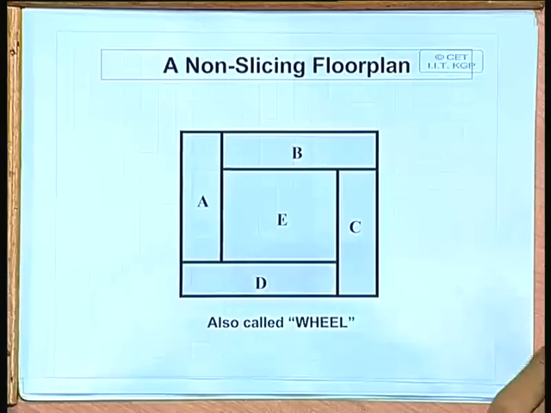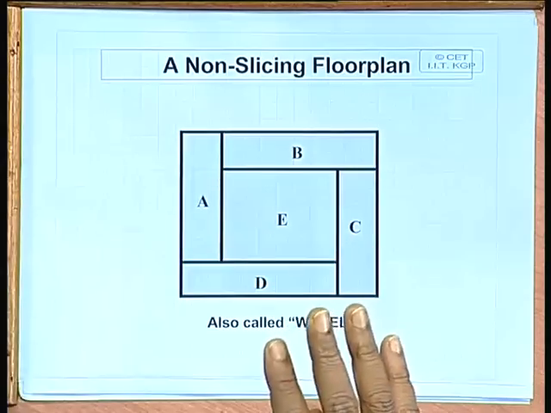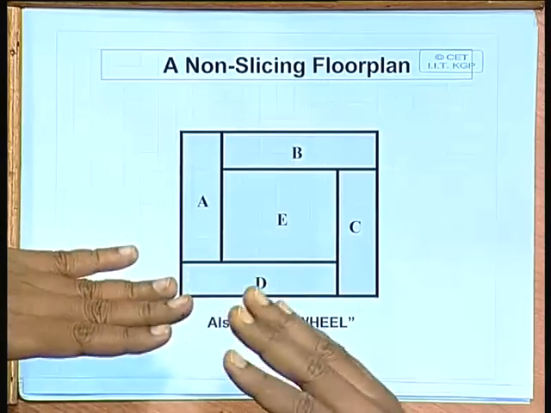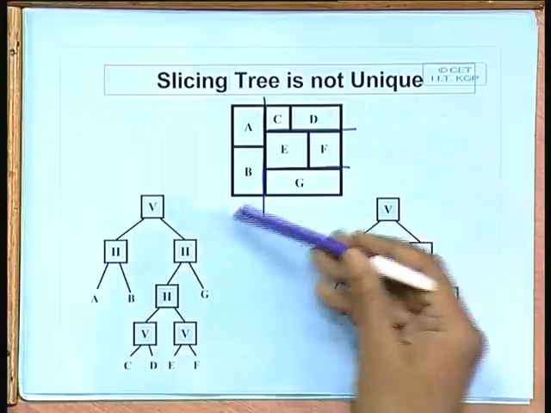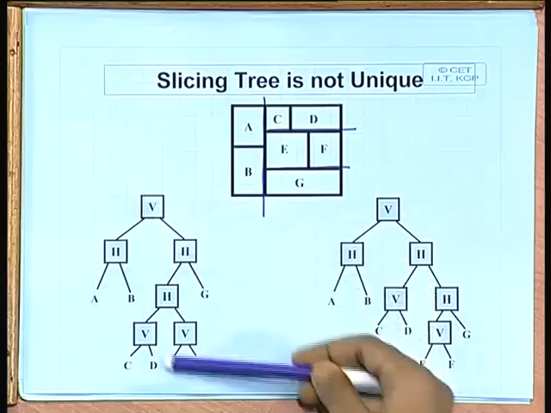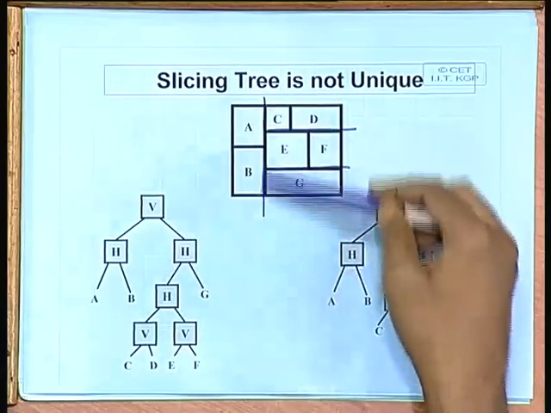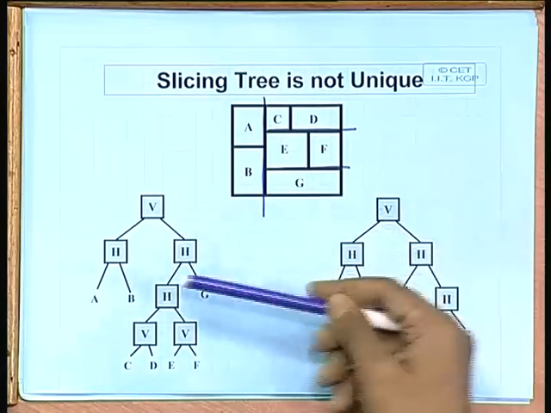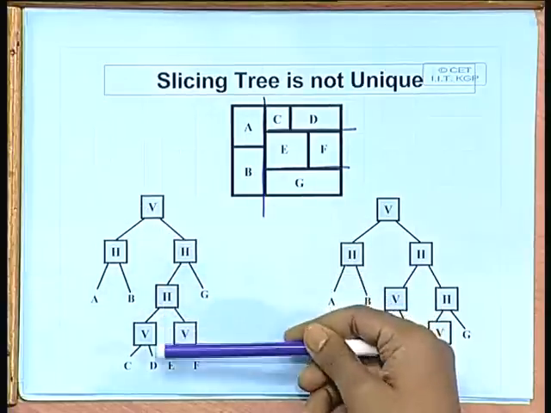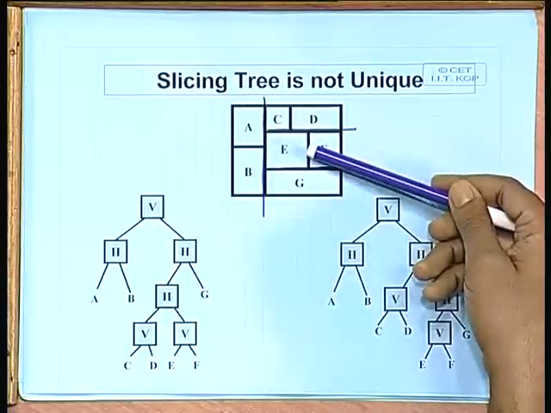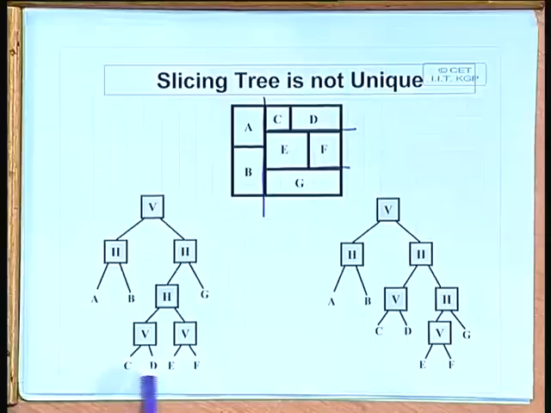So, in that sense you can have some kind of a hierarchical floor plan. Whenever you define the slicing tree, for example, if we look back at the diagrams before, whenever you have a hierarchical structure like this, or a hierarchical set of slices you apply, you represent them as a tree. Now, this tree in some sense represents a hierarchy, as if CD and EF can be combined together, and